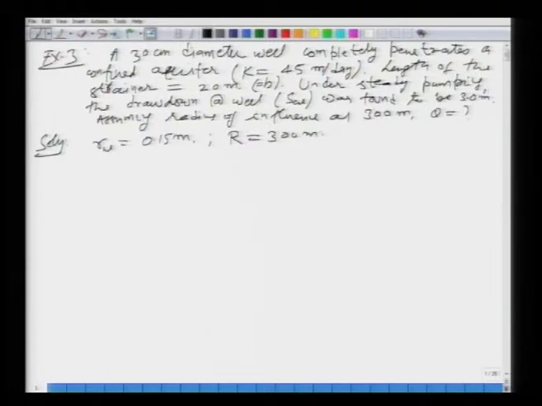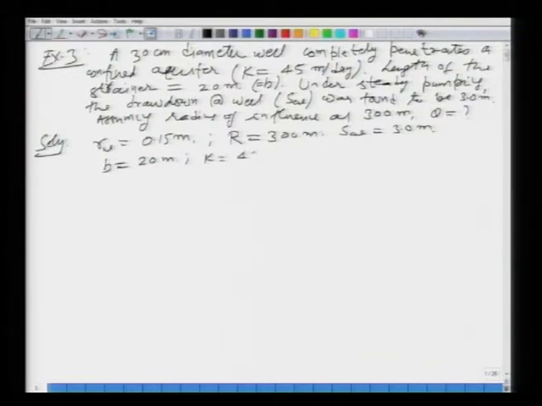So, 1 and 2 are at the radius of influence and at the well. The drawdown at the well is 3 meters, and drawdown at R obviously is 0. So, we are not writing that. B is equal to 20 meters,